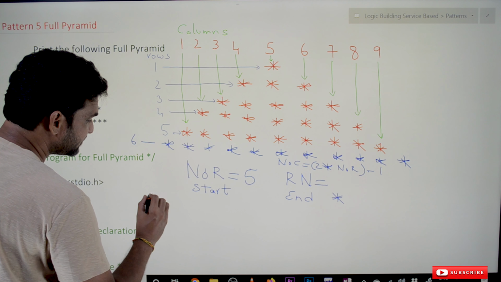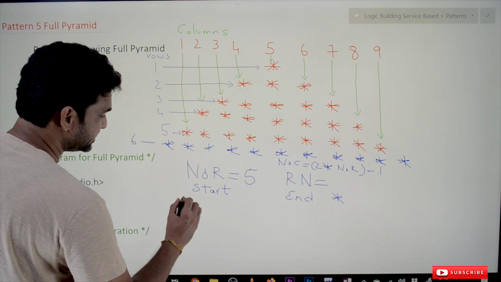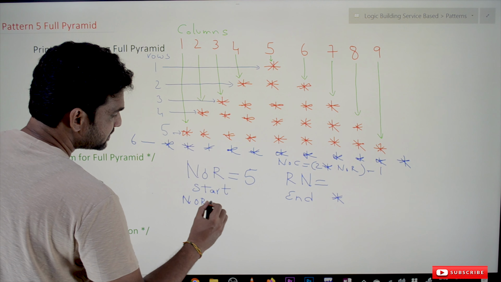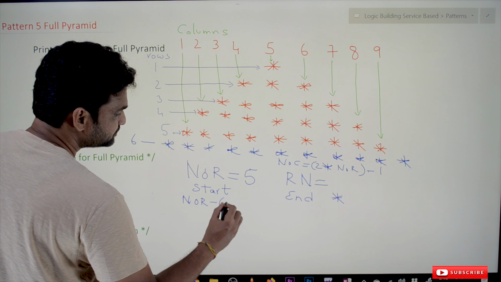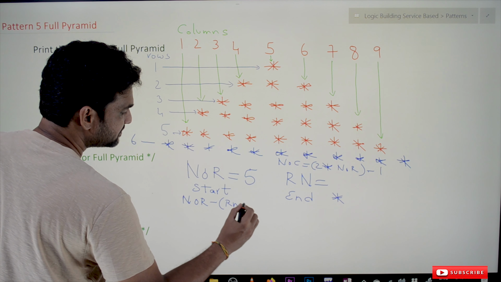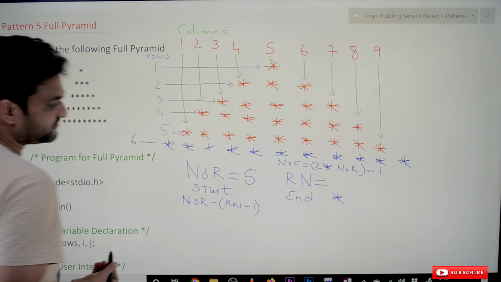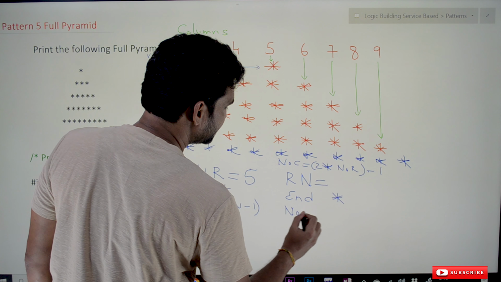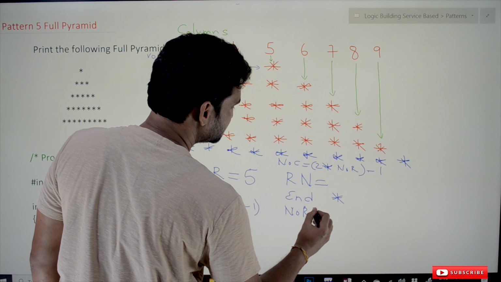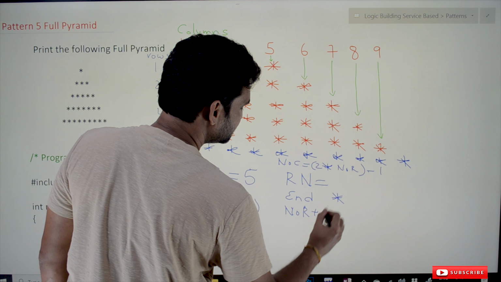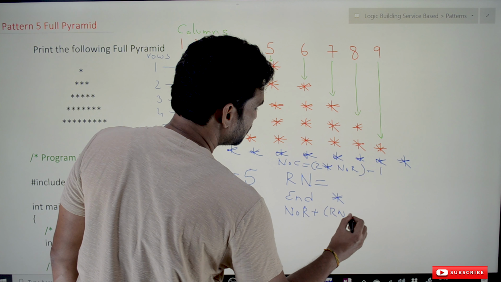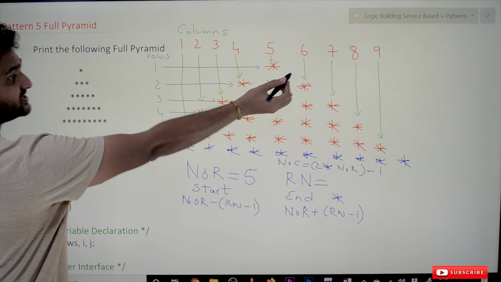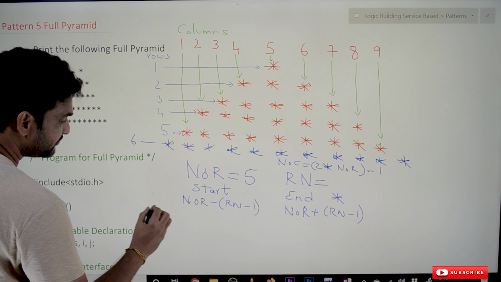The formulation is: the start point is number of rows minus row number minus 1. And the end point is number of rows plus row number minus 1. So by just simply seeing this, we can say, okay,